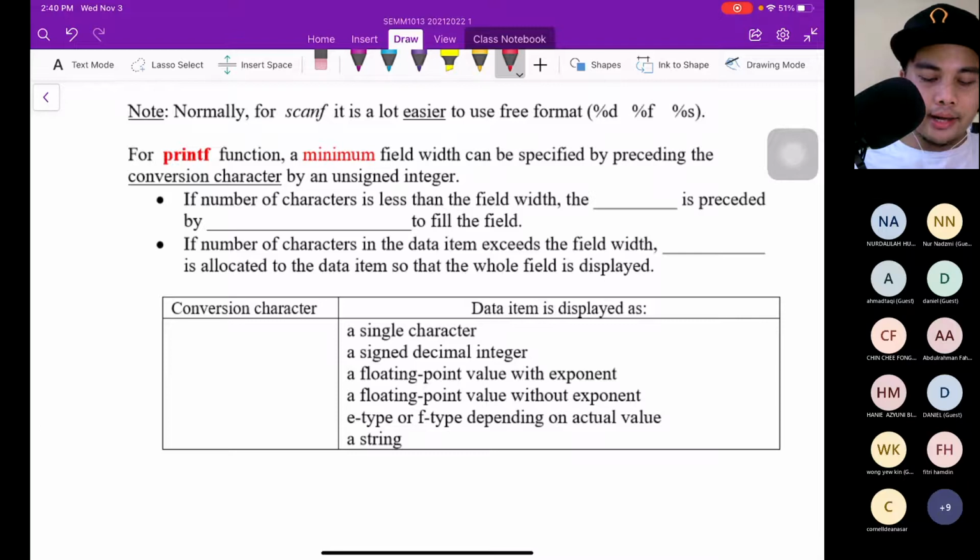If the number of characters is less than the field width, the output data